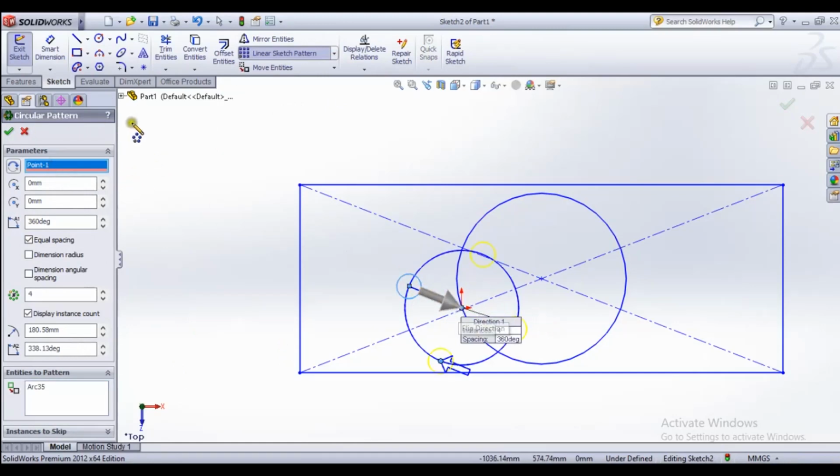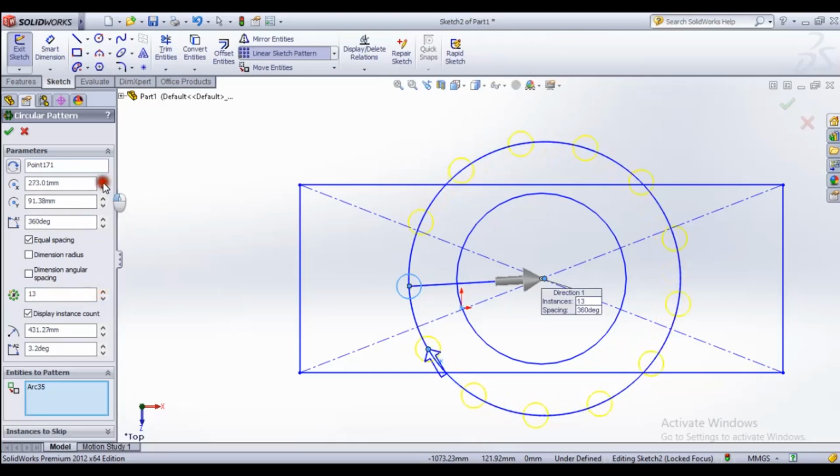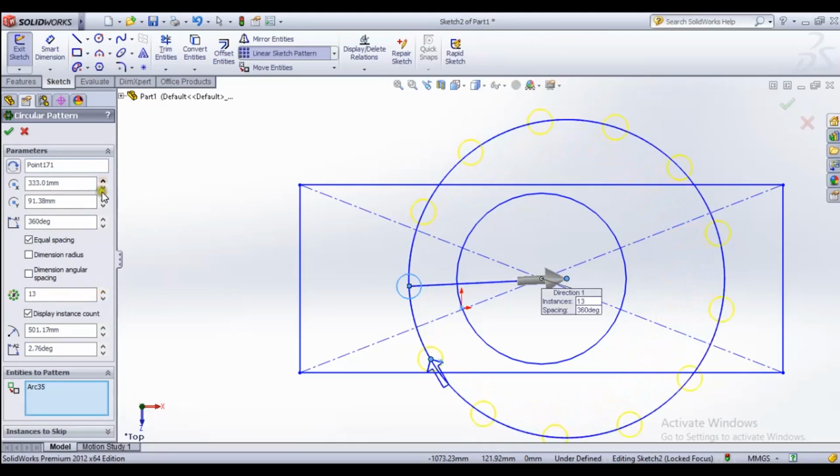We need to clear this point one, and this is the point one. According to the center point, it's patterned like this. This circle. Okay. This is only this circle. This large circle is only a reference. Now we can change our properties. It's into amount, or it's onto the radius.